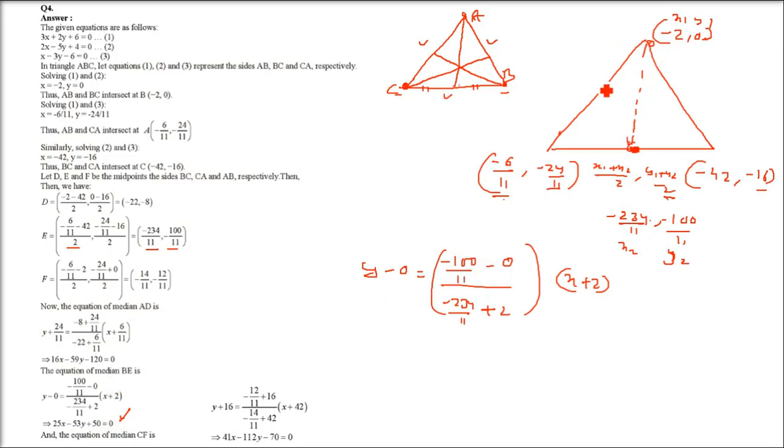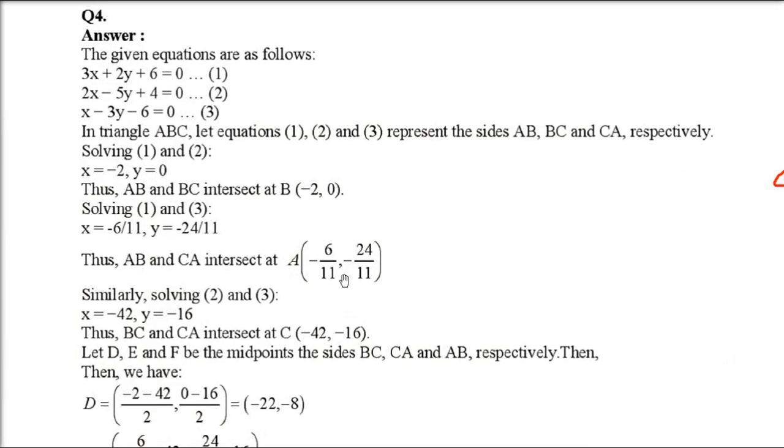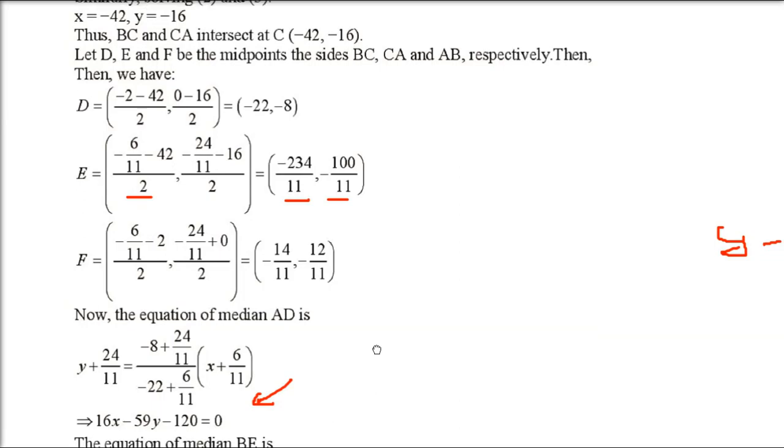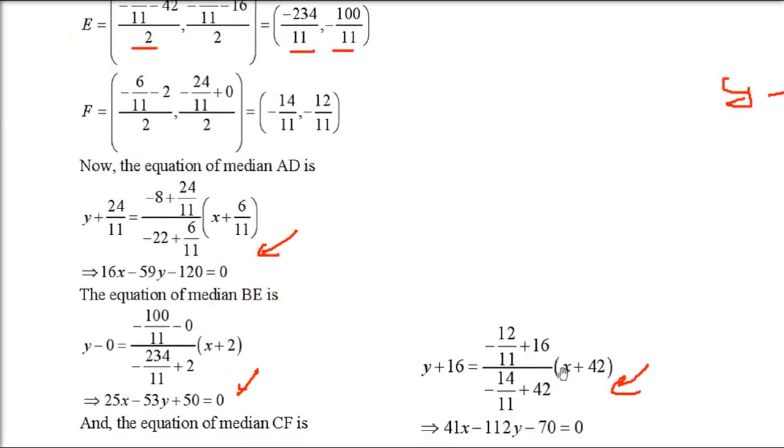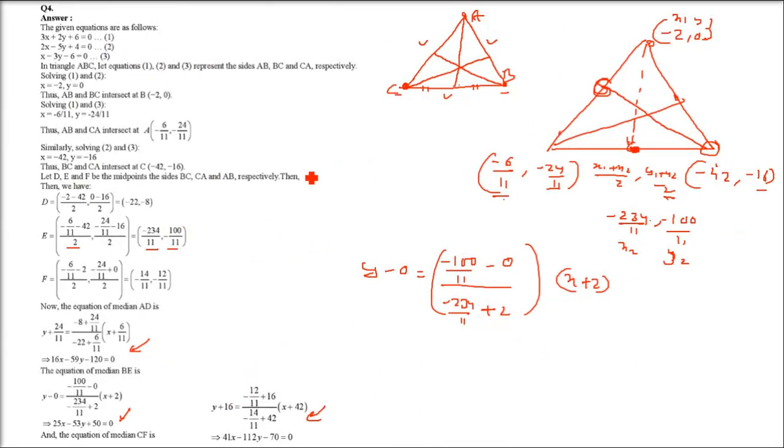53y plus 50. So I would request you to find out the midpoint here, and then you will find this line. So we have a point, minus 42, minus 16, and the midpoint. So there will be an equation, right? And then the third one is like this. Now take the midpoint of minus 2, 0 and minus 42 and minus 16. Take the midpoint, and we have a line passing through minus 6 by 11 and minus 24 by 11. That is the line you can form. Just let me expand it so that you have a view if you are solving together. So just have a look, and this is how the solution will be.